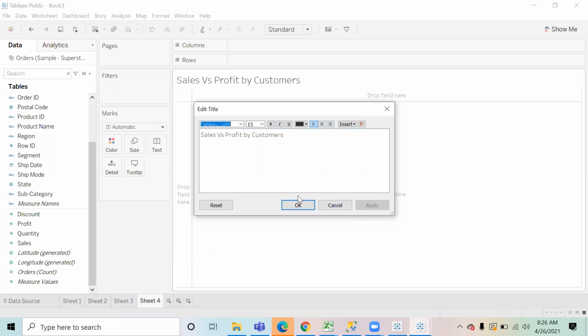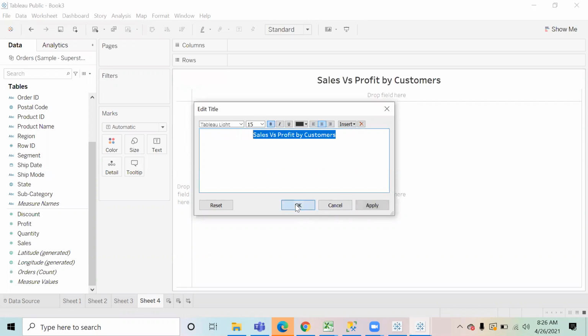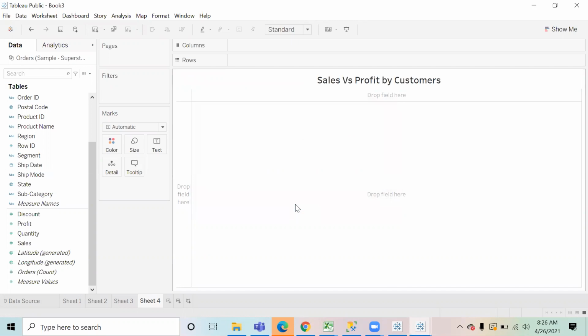Now tell me what type of a chart should I create for this? What do you mean by customers?